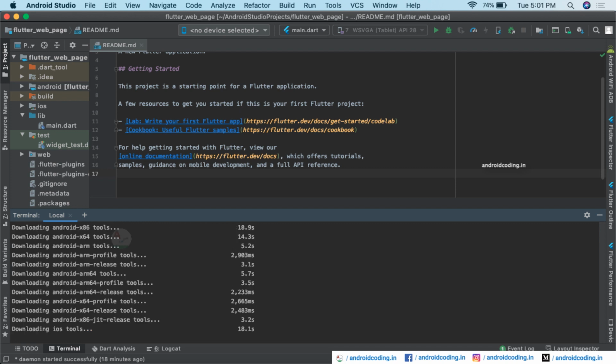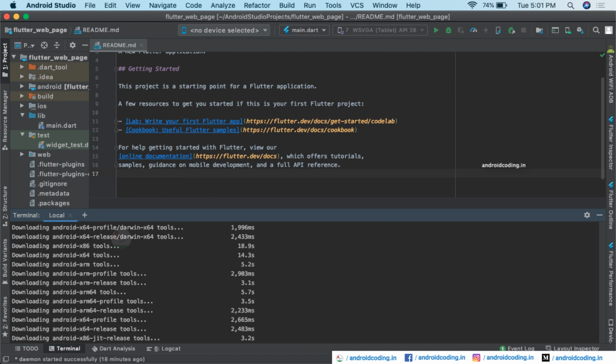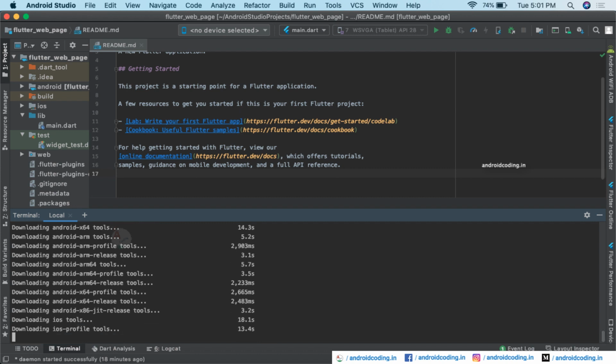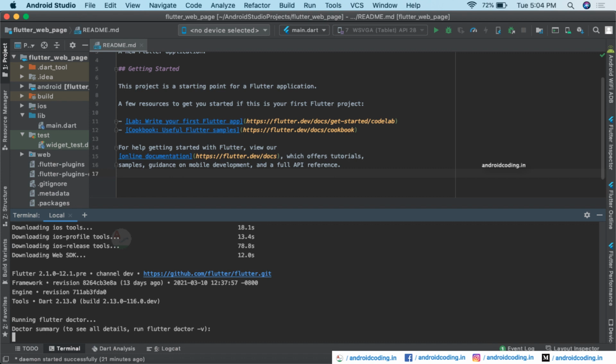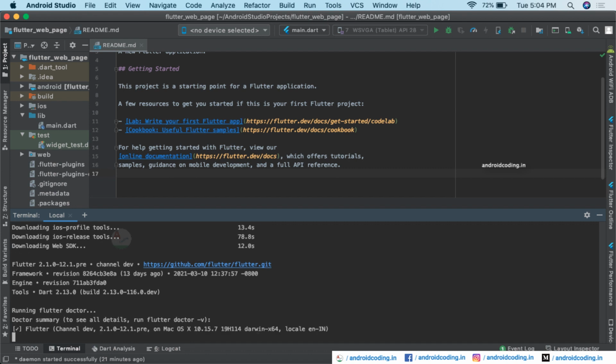As a part of the upgrade, first the Android tools are being downloaded, and later on the terminal goes ahead to download iOS tools. So yes, our Flutter upgrade process is now completed, and here you can see Flutter 2.1.0 is now installed on our system, and the Dart version is 2.13.